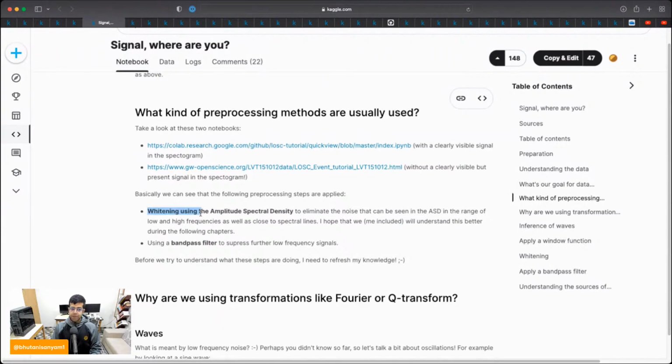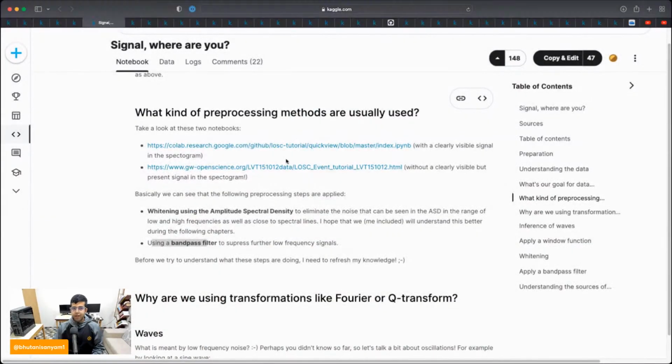So the first one she mentions is whitening, using the amplitude spectral density to eliminate the noise in the low and high frequencies, as well as close to the spectral lines. So this is one of the pre-processing ways, and the other one is the band pass filter. Whenever you're applying a filter to any wave, you're basically filtering out either the high frequency waves or the lower frequency ones. So you could think of it like